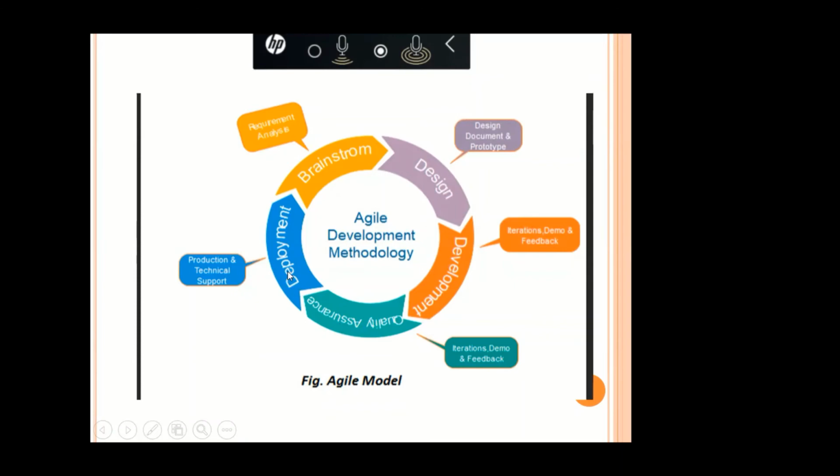Then it will go to deployment, and once deployed, it will go directly to production. So it is nothing but an iteration. It is like a looping type. So once one iteration is completed, again they will give another iteration. In between, if they want any changes, they will add them in the next iteration.